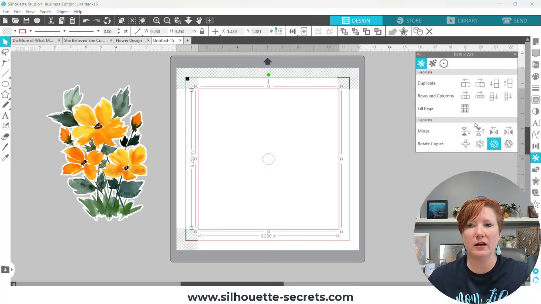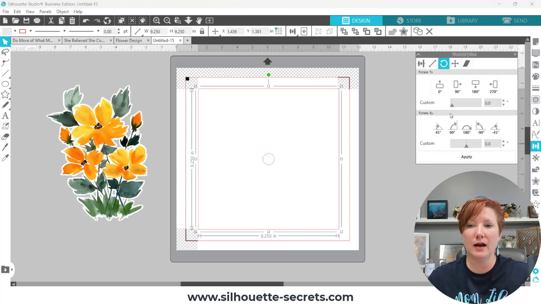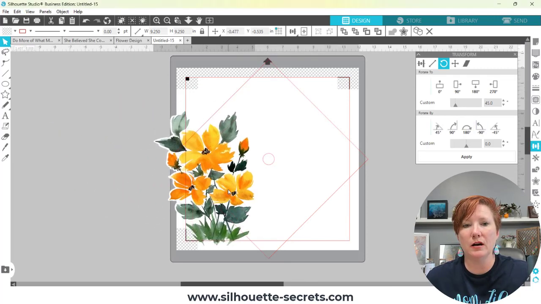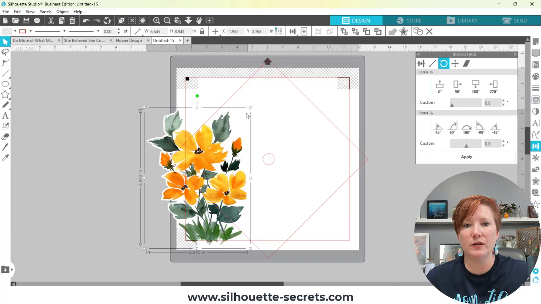So I have my template here again, or I could have just opened my template. That would have been easy too. I'm going to rotate that to 45 degrees so we can work with this. So if I come in here and I move this image